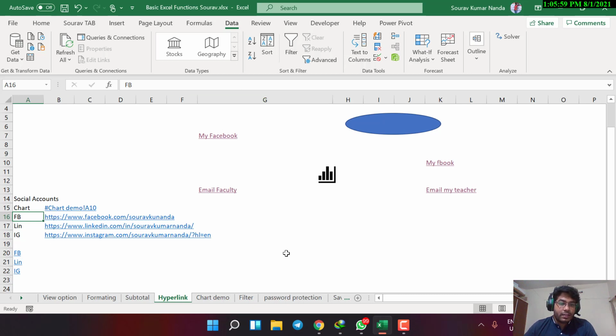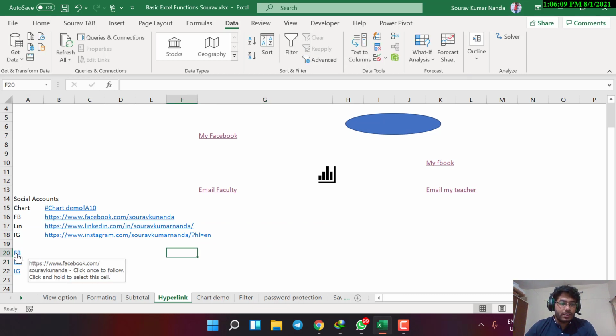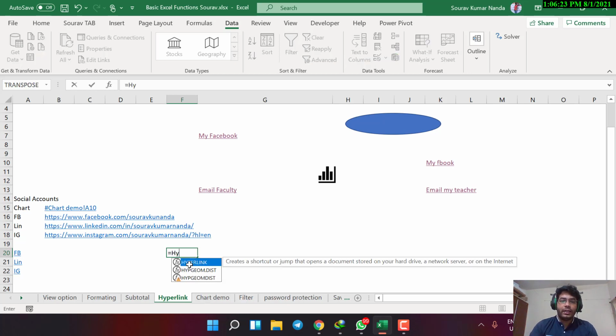Okay, so there's a great function in Excel, the HYPERLINK function. Let's say I'll do it here. Equal to. I've already done it here also. See, it's showing the exact link I have attached to this one and made a hyperlink. How can we do it? We'll be using the hyperlink function, equal to HYPERLINK. Double click on it.